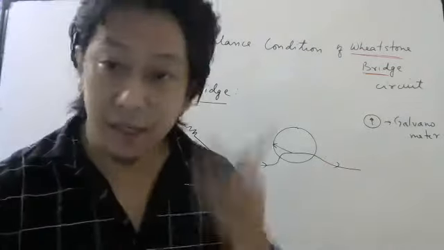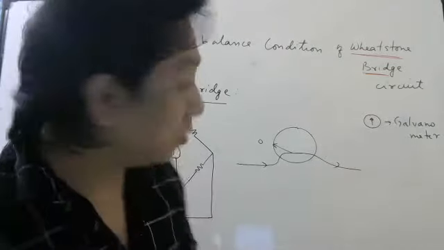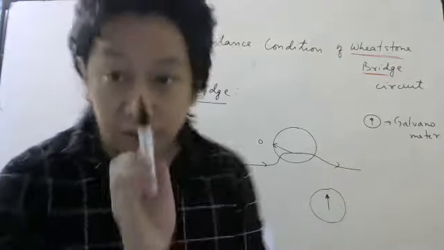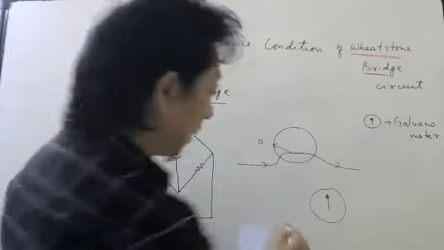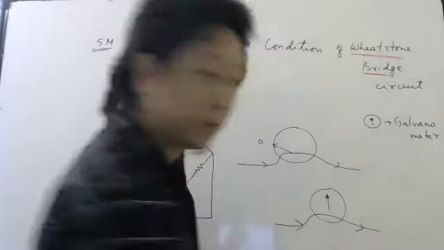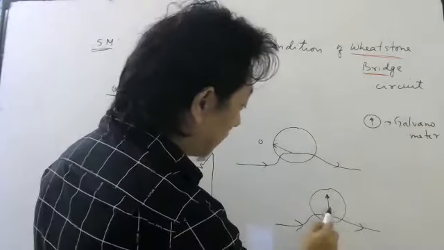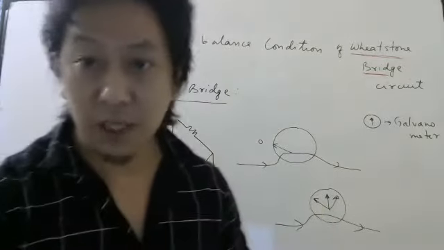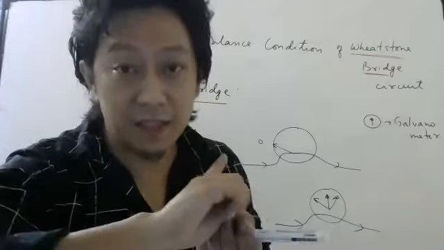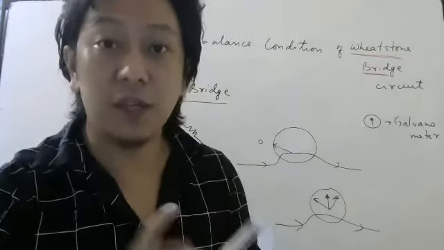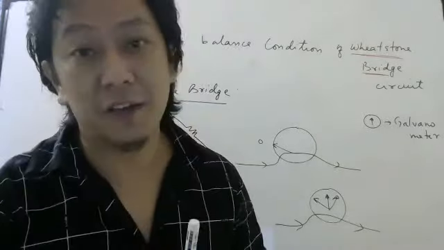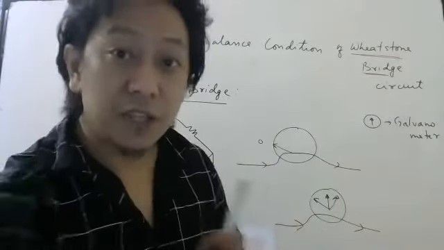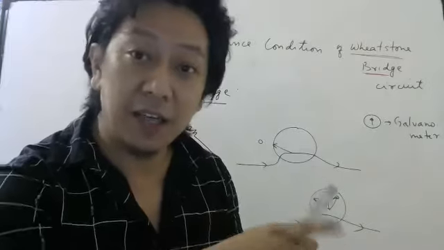But for galvanometer, it doesn't matter how you connect, because the galvanometer's needle will stay at the middle, like this. So if you send current this way through the device, it will deflect this way. If you send current that way, it will deflect the other way. Whichever way you connect, it will deflect. And by seeing the deflection, you will come to know that somebody has changed the direction of current.